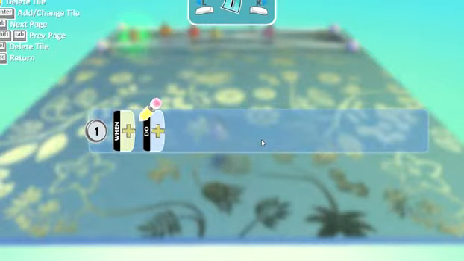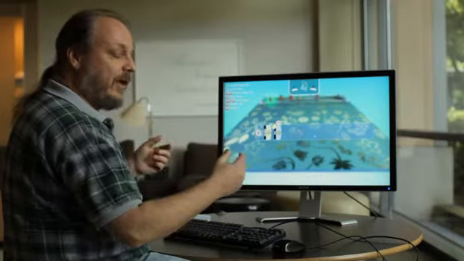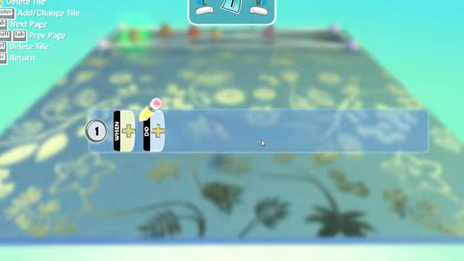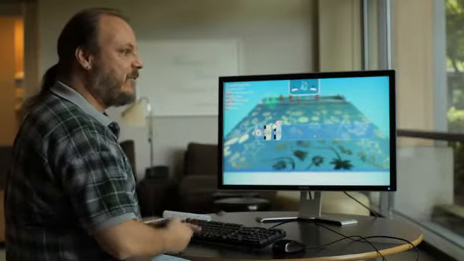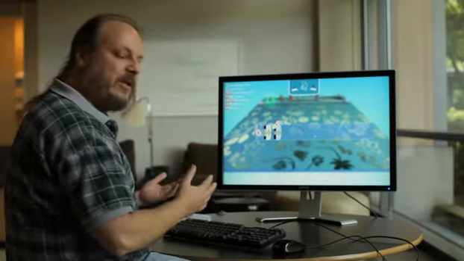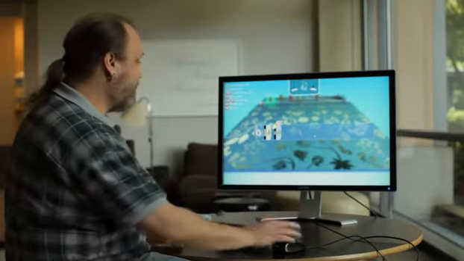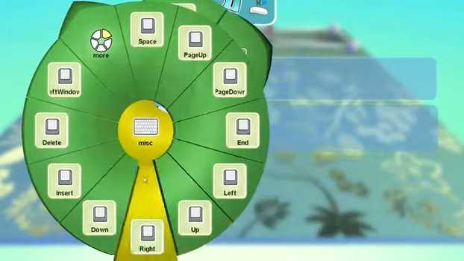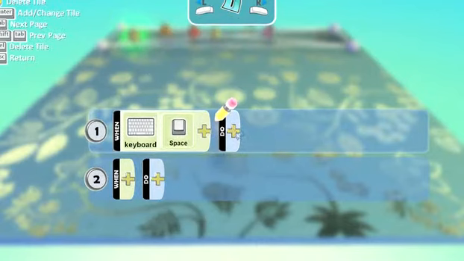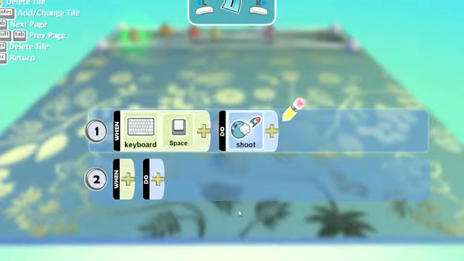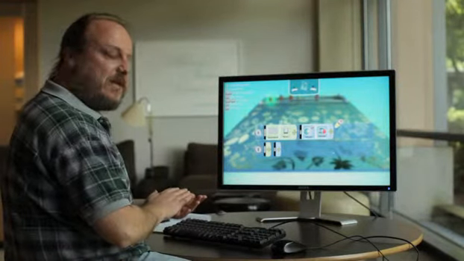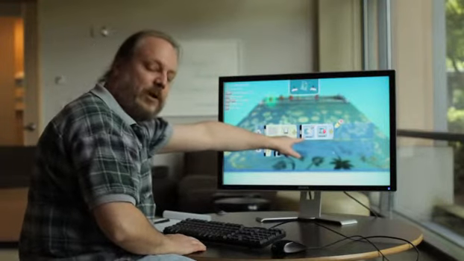The programming for Kodu is a series of rules that you create that tell the character what to do. And the rules are always in the same format. There's a when side and a do side. So when this happens, I want you to do that. And in this case, we're going to be programming the Kodu to shoot when I hit the space bar on the keyboard. So I'll say, when keyboard and space bar, what I want him to do is then shoot, and we'll have him shoot a missile. So there we have it. That rule says when the space bar on the keyboard is hit, what I want you to do is shoot